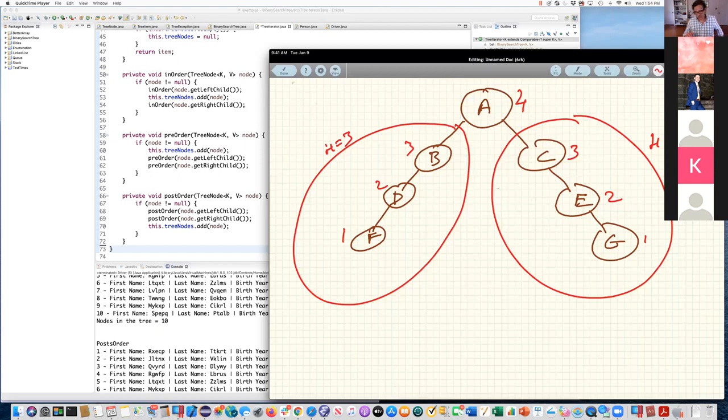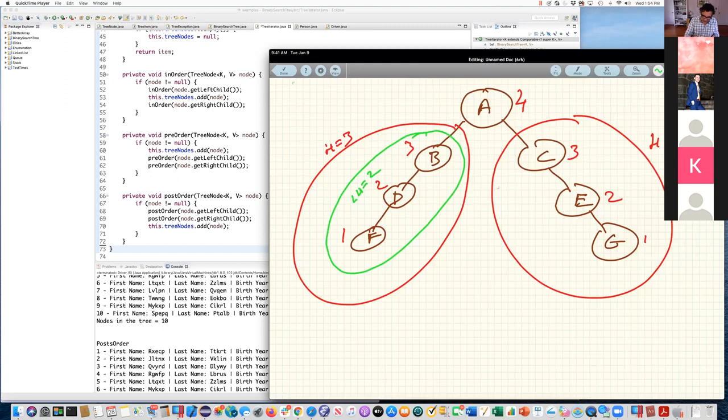Okay? So let's take a look at this subtree right here. Is this subtree balanced? Well, to determine if this subtree is balanced, we look at its left height. Left height is equal to 2.